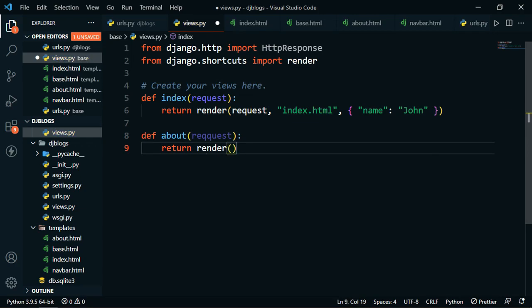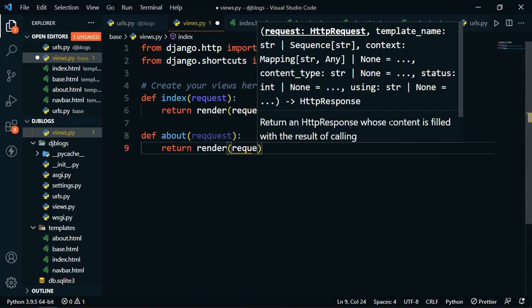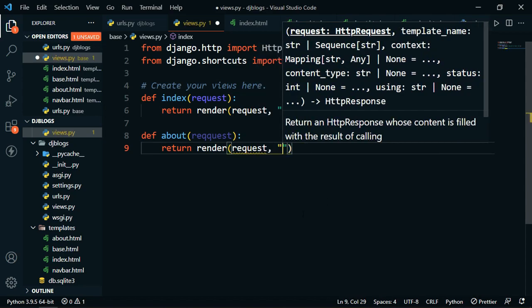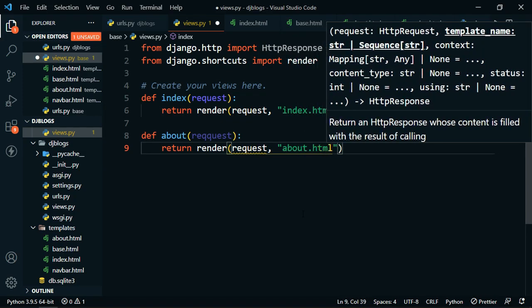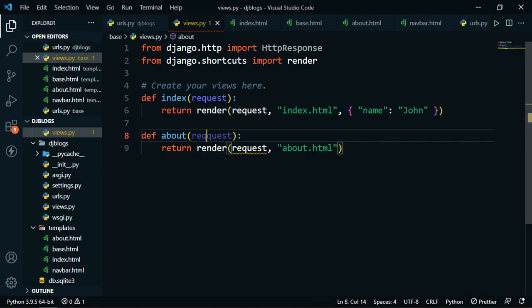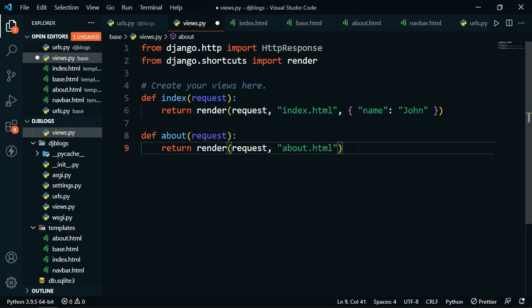The first argument is request, second is the name of the file, which is about.html. Let's save this file. Oh, I have misspelled this request. Let's save this file, and in this urls.py file,